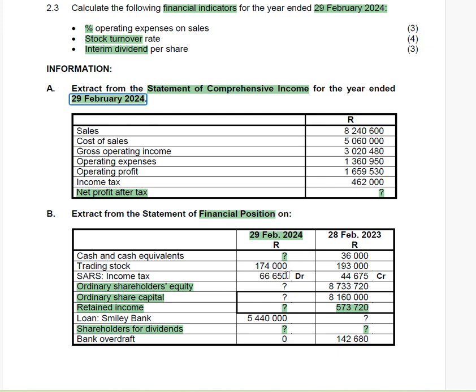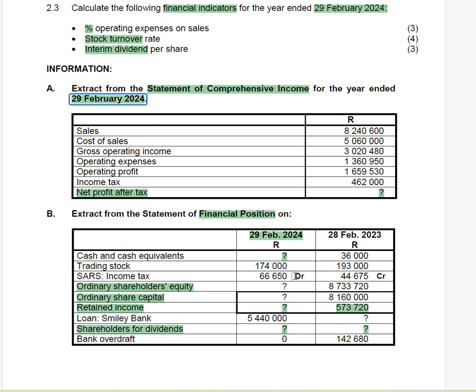Trading stock, there is nothing much said about trading stock. SARS. So when we look at the SARS income tax, what we can see is that last year it was a liability. So it's a credit balance last year, and then this year it is an asset. It is a debit balance. So what does that mean? It means last year we were owing SARS the balance of 44,675. However, this year SARS is owing us